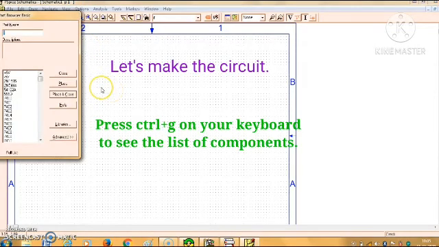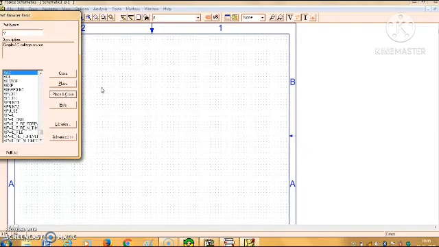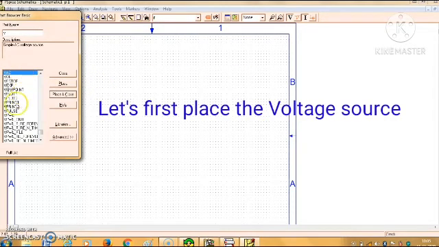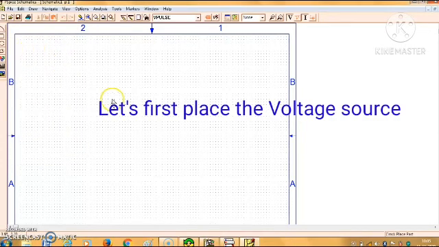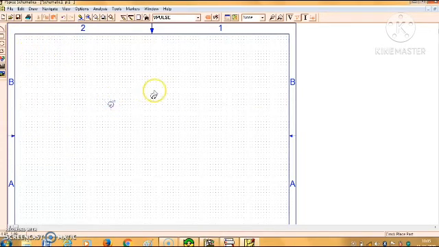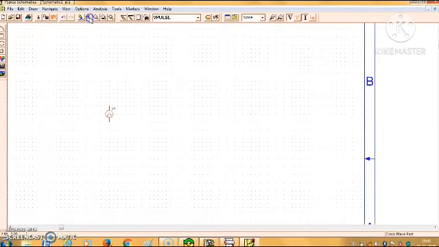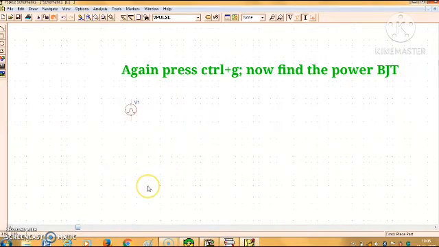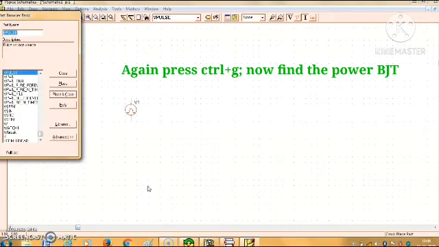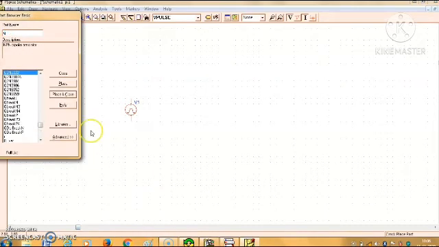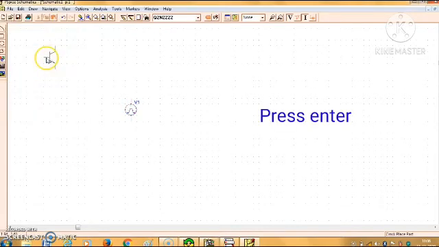Press Ctrl G on your keyboard to get the menu bar to select the components. Let's first start with the AC voltage source. Follow all the steps properly. Now we will select the power BJT from the menu by pressing Ctrl G again, and we will select 2N2222 in this experiment.